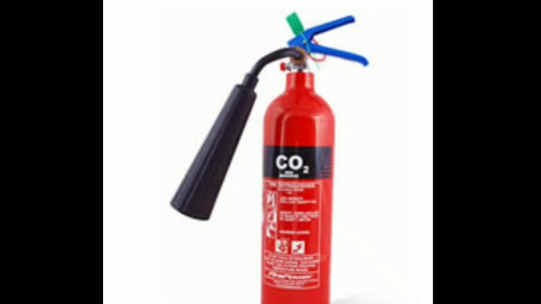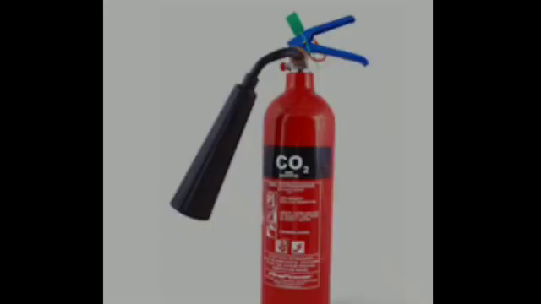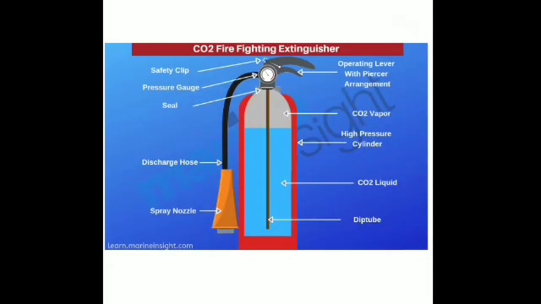This is most commonly used. The carbon dioxide is stored in a steel cylinder under high pressure. This is the steel cylinder, and in this the carbon dioxide gas is stored under high pressure. Now, what happens inside? When we open the valve of the cylinder, the pressure reduces and the liquid carbon dioxide changes into white snow, dry ice. Is that clear? When the pressure is released, the liquid carbon dioxide stored here changes into solid carbon dioxide. Is that clear? Dry ice.